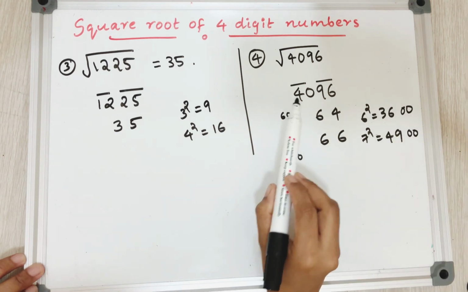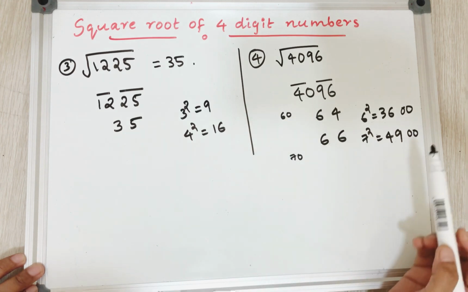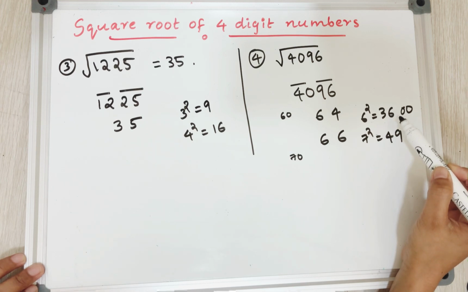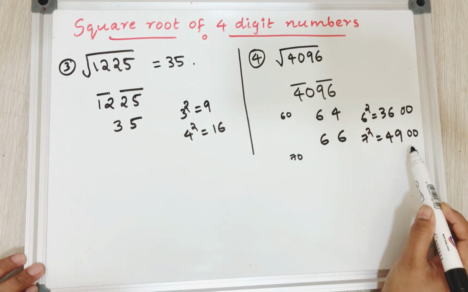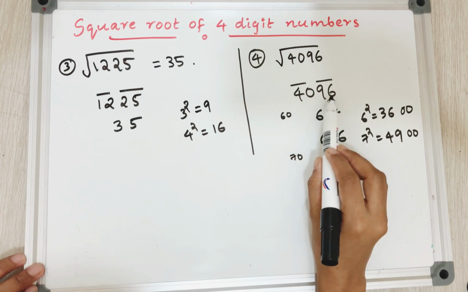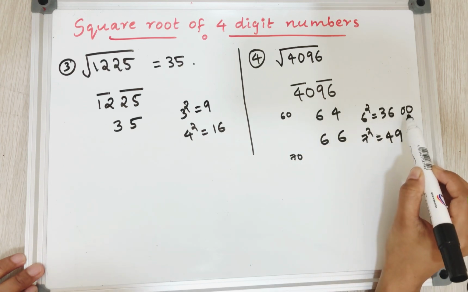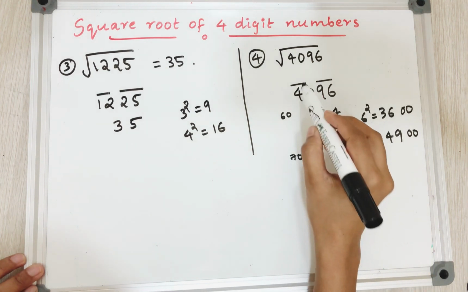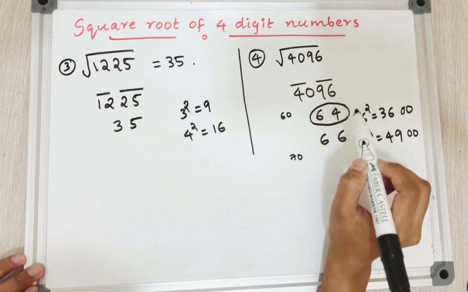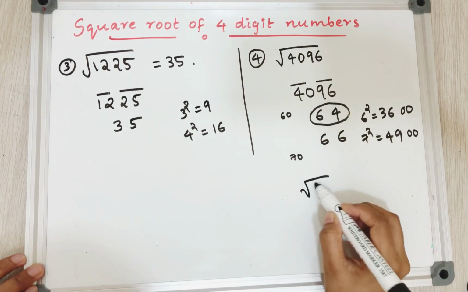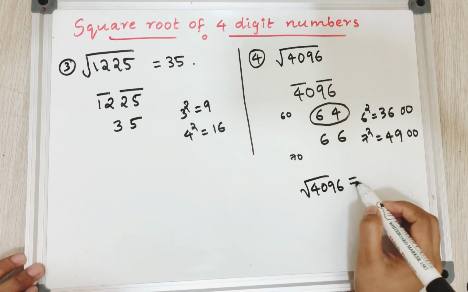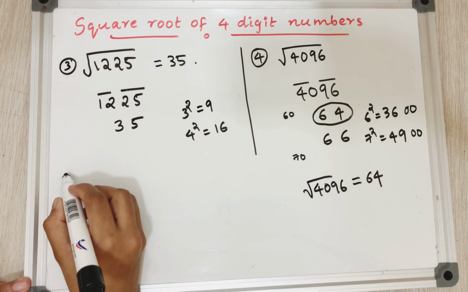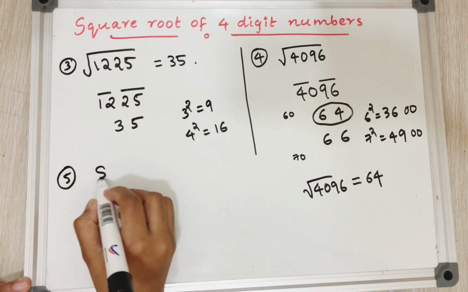Now see, 4096 is clearly close to 3600. Only the difference is about 400. Here the difference is about 900. So 4096 is close to 60 square and 64 is close to 60. Therefore 64 square is equal to 4096. Therefore root 4096 is equal to 64. We can see another example. Square root of